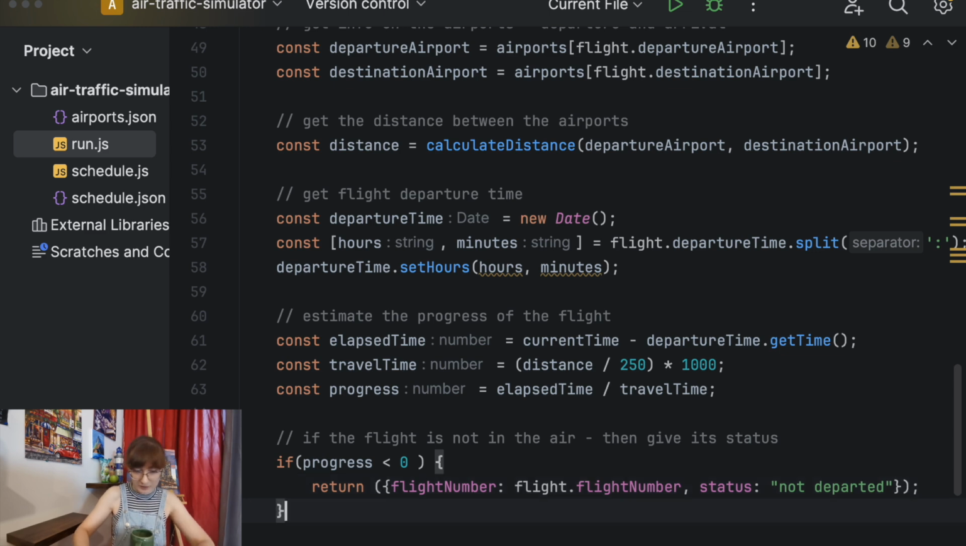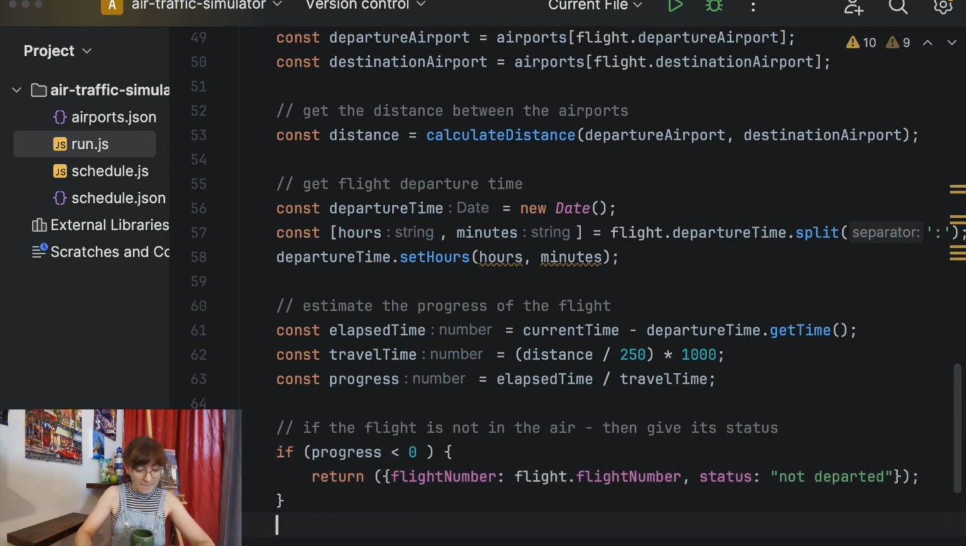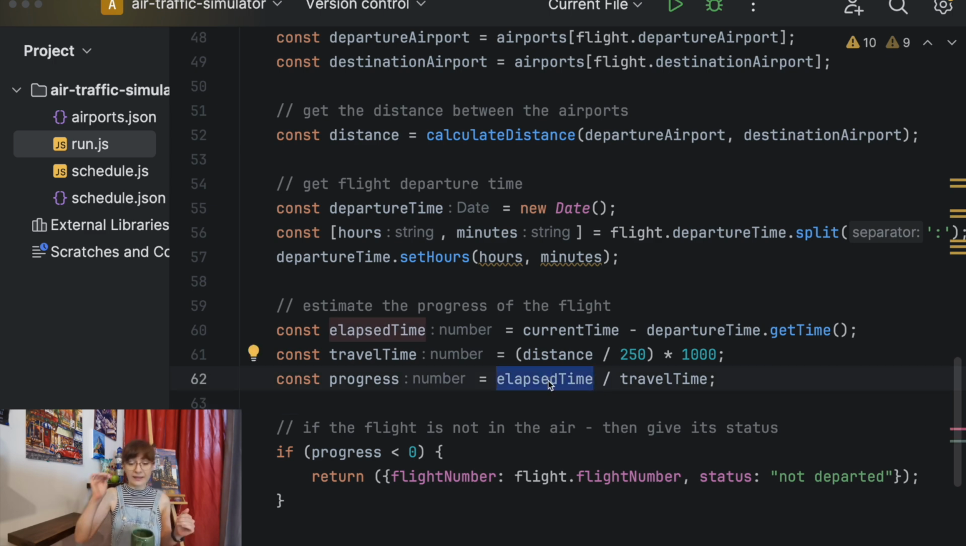We can add more properties later there. So this is option number 1, performance, that looks a bit prettier. Next option would be that the airplane has already landed, and that will happen if the elapsed time is bigger